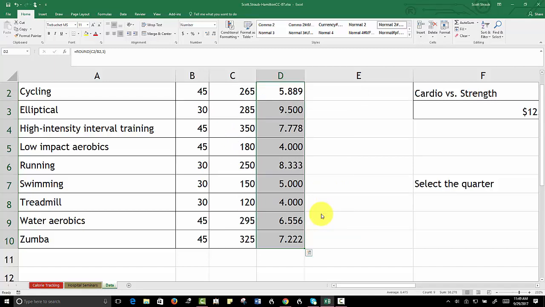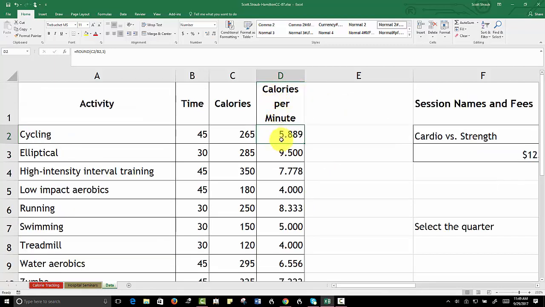Step five. It says select cell D2 and then click the Format Painter. So I'm just going to go back here, click just D2. I'm going to click the Format Painter once. It's up here on the Home tab, and it'll allow you to copy the formatting of any particular cell or range of cells. Next, it says click the calorie tracking tab,